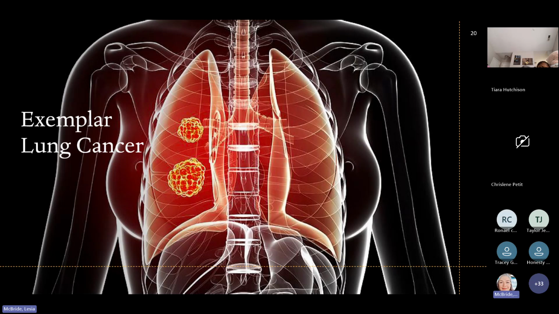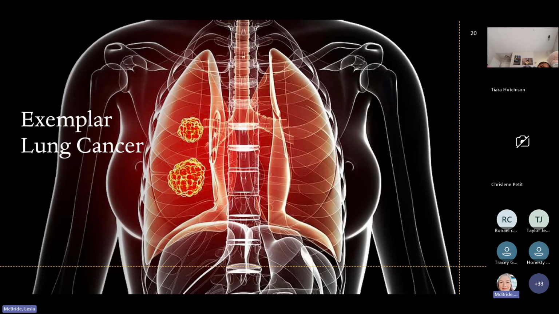So small cell lung cancer, there are 2 types of lung cancer. There's small cell and non-small cell lung cancer. The latter, the non-small cell cancers, comprise 85% of all lung cancers. Prognosis is generally quite poor because it's usually detected at a later stage, meaning people don't report that they're having issues with breathing or they've had this nagging cough that's lasted for a long time.